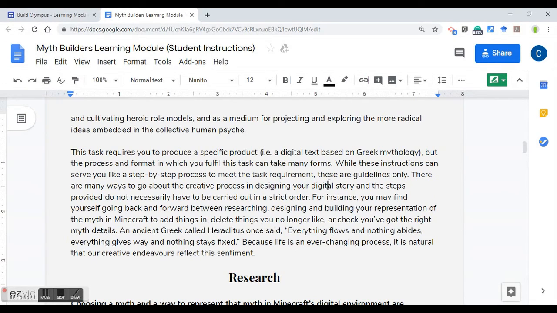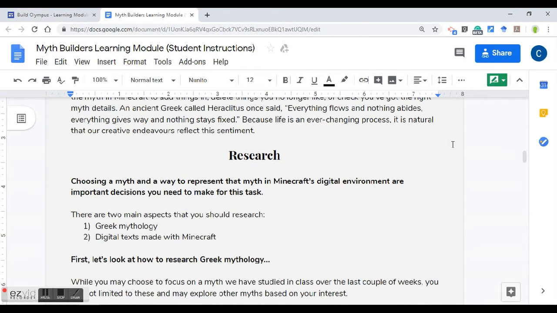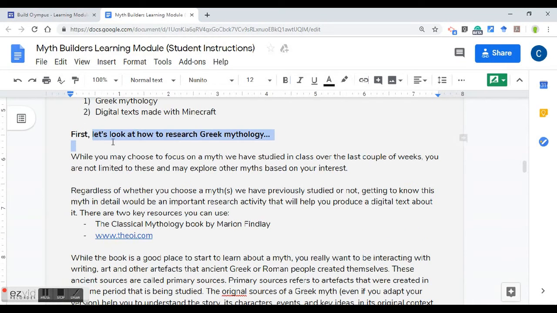And moving on now to the first part of the process, which is about the research components. So students need to choose and research a myth, and also they need to choose and research a way to represent the myth in Minecraft. So looking first at researching the mythology aspect, this section here